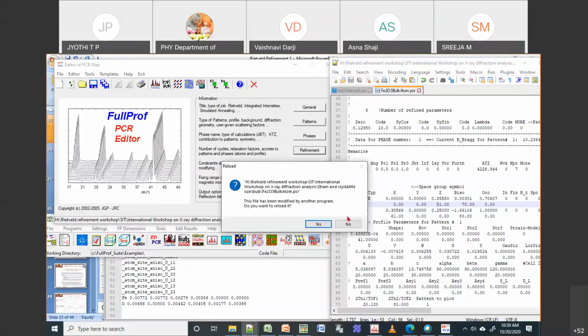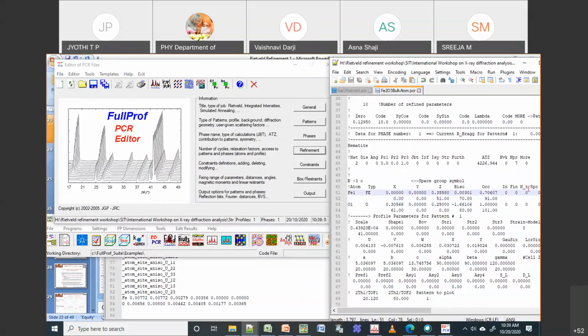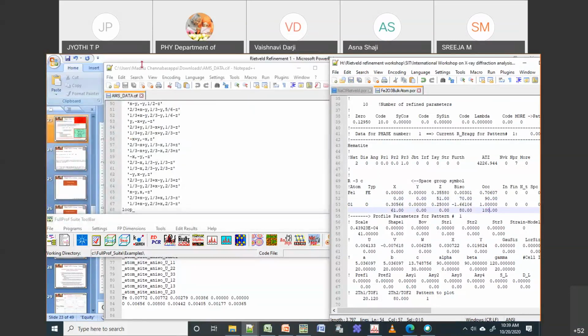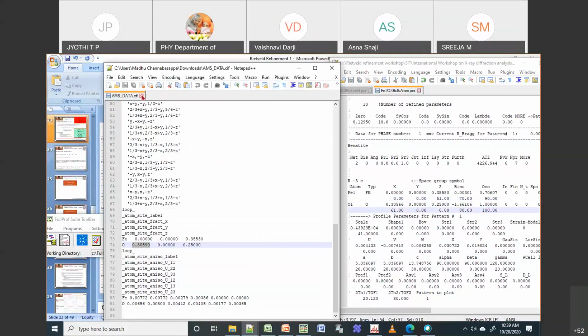Okay. If I come back here, I will update the file. So you can see here it has put the values 90 and 10. Okay. So 90 and so I can also make it 0. Then that means I will ask the program not to change the values. Okay. So this is how you can actually do the different types of refinement. Okay. So this is one of the examples.